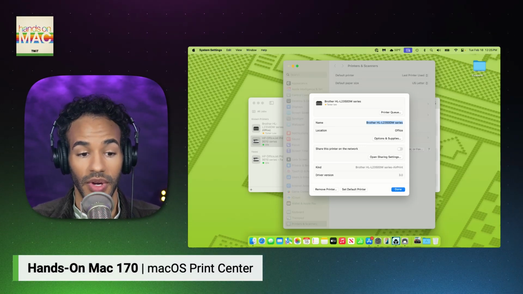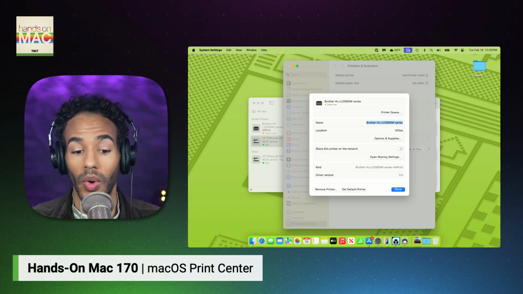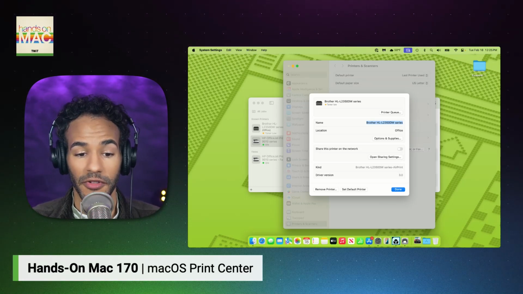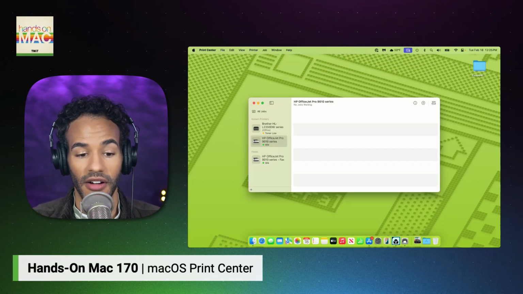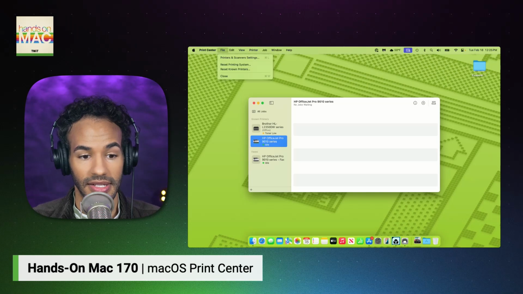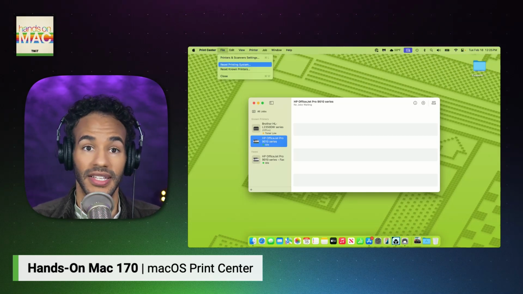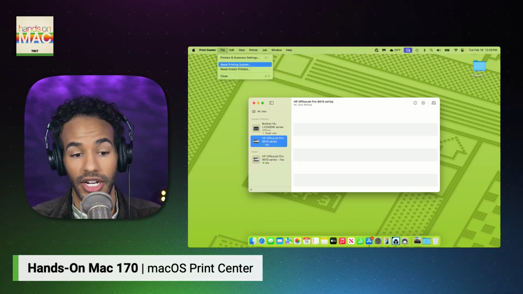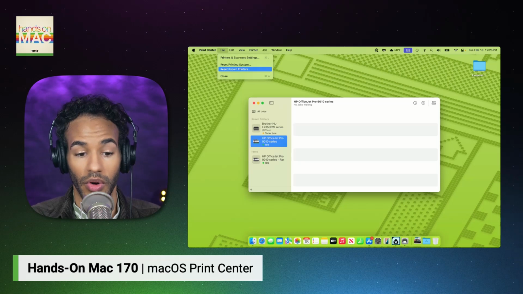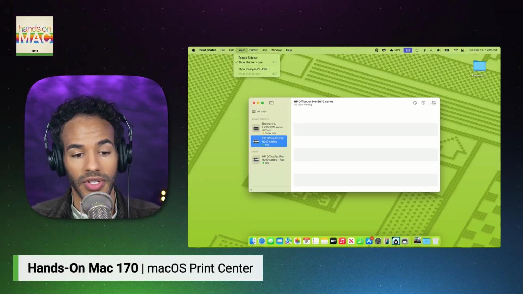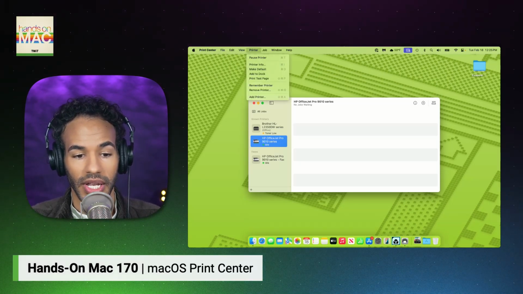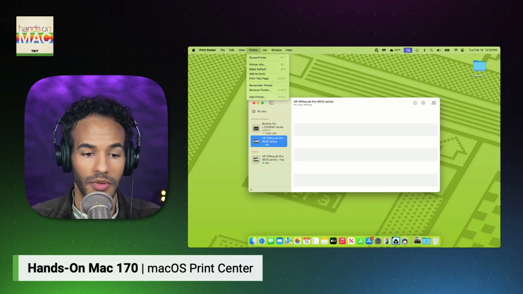We can view the queue here, which would open up the Print Center page, whether it's shared on the network, what its driver is. So essentially the same information that we have within Print Center available in the system settings. You can reset the printing system if you're ever having troubles with that, reset known printers, which of course would remove those. And then also you can quickly go into the printer option, which gives you much of the same